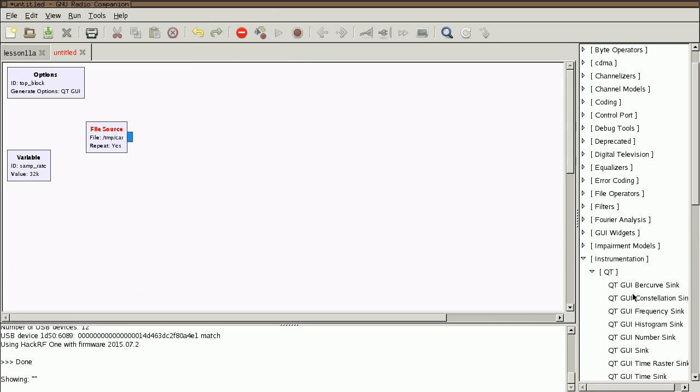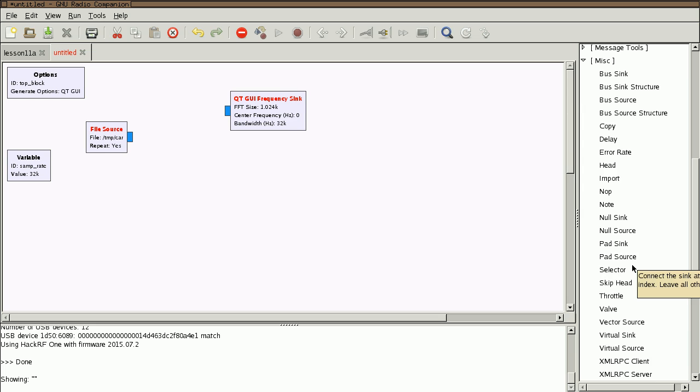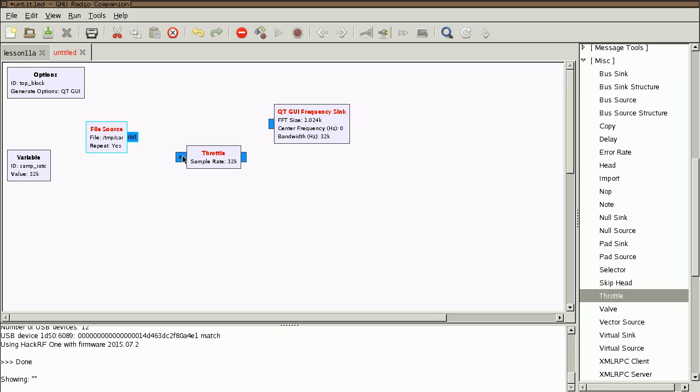I'll again use a QT GUI frequency sink, and I could plug that straight into my file source and run this flow graph. However, I probably want to slow it down with a throttle block so that I don't crush my CPU. Under miscellaneous, grab a throttle, and now I have a flow graph that should make sense,